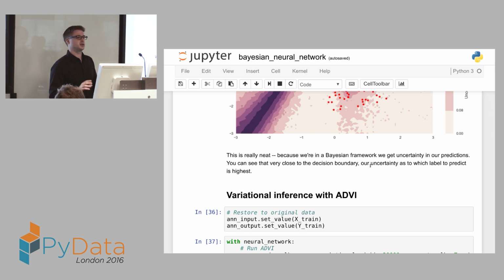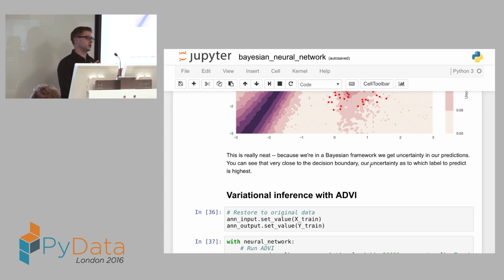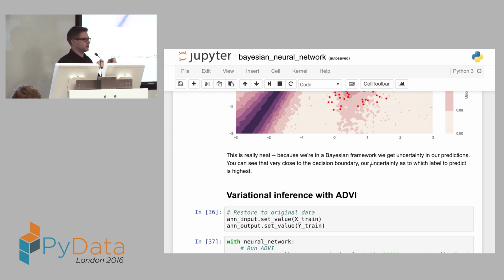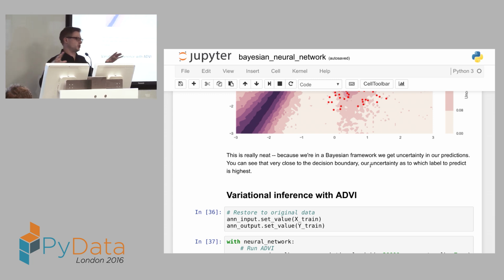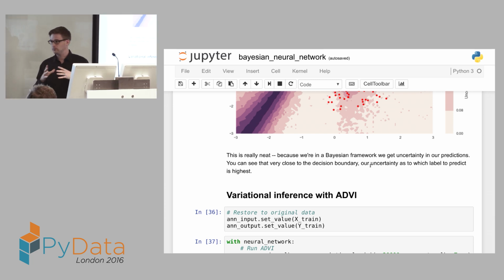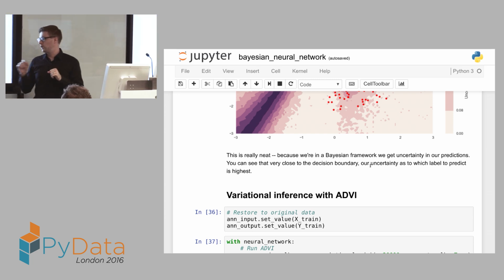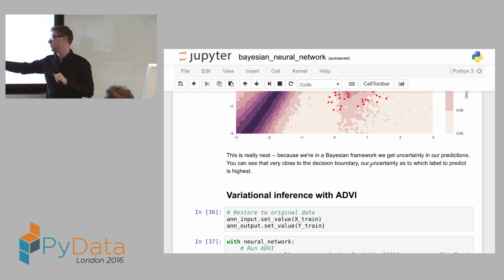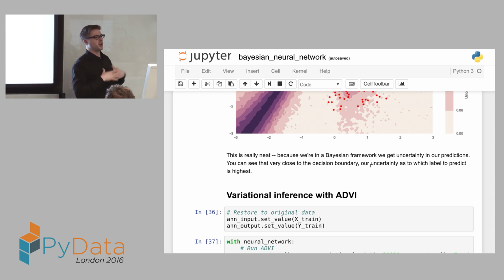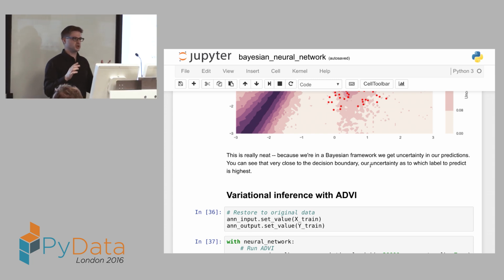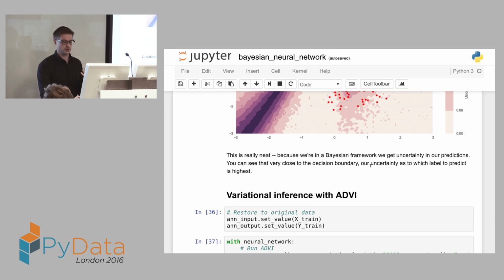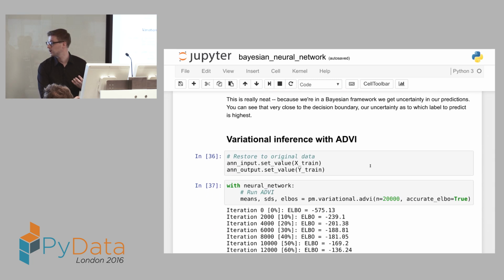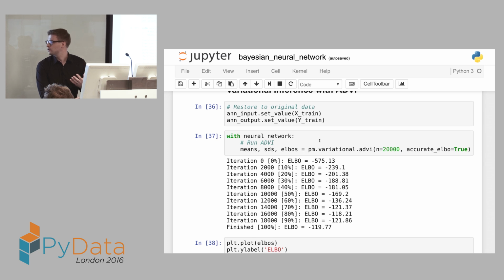And fortunately, there is a different style, which is called variational inference, where instead of sampling from that distribution, you fit a distribution to your posterior by making some assumptions, like that your posterior is going to be normal. And one really cool recent paper that came out from the Stan team is called ADVI, Automatic Differentiation Variational Inference. That allows you, on whatever model you dream up, to do variational inference, and it's going to be really fast. We just recently included that in PyMC3, so I'm really excited about that. And this shows you how to run that.